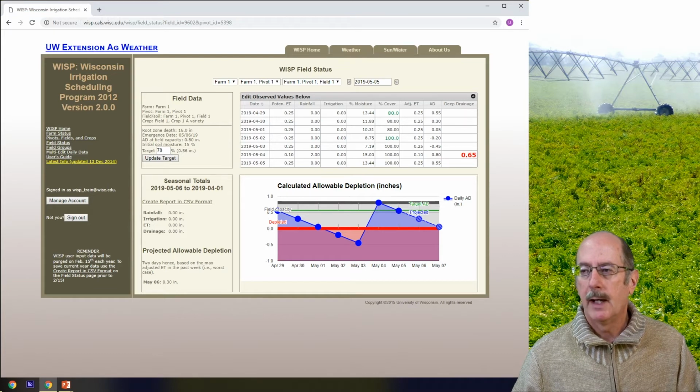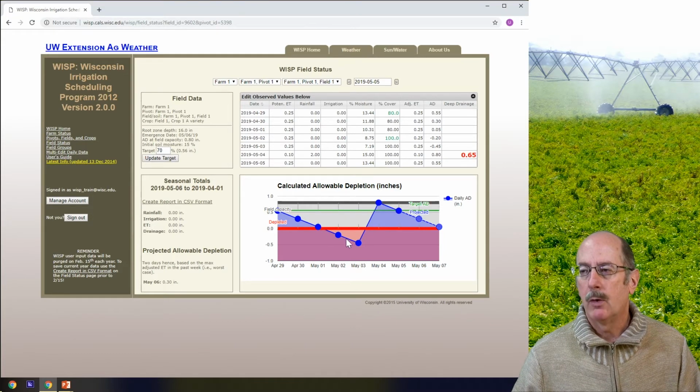If we look at the graph down below here, you can see that field capacity is shown by this top gray line. This green line here represents 70% of field capacity. The red line here represents the point at which the allowable depletion has been exceeded, or where the allowable depletion is.